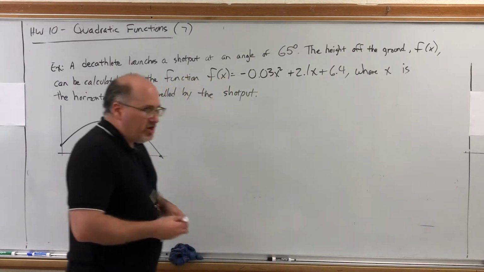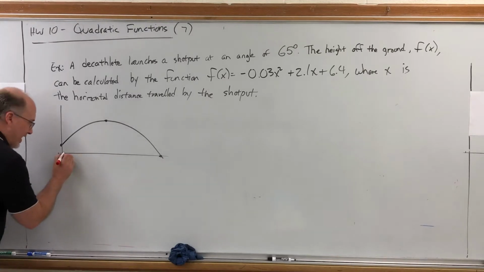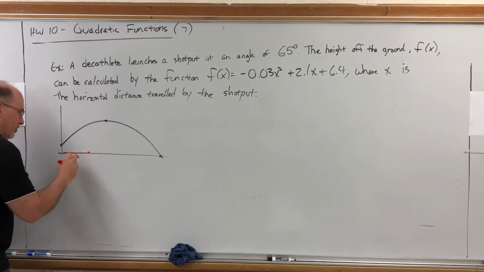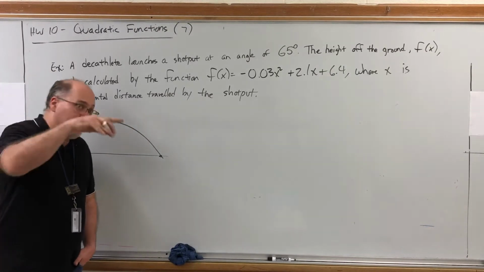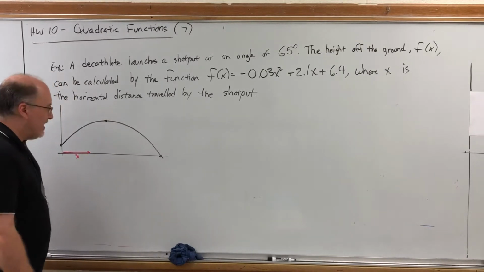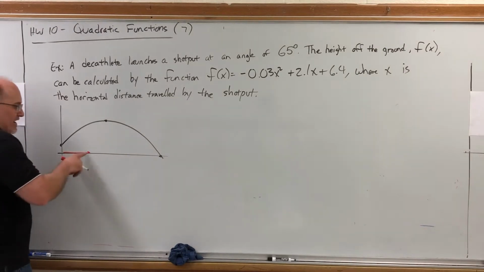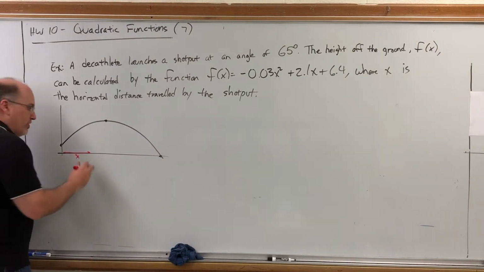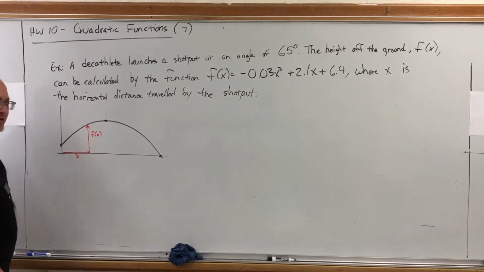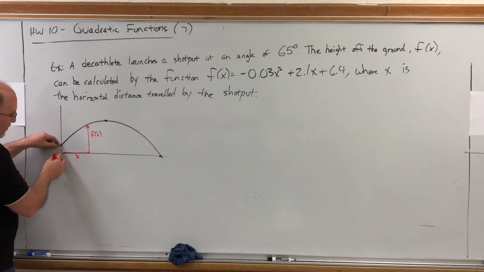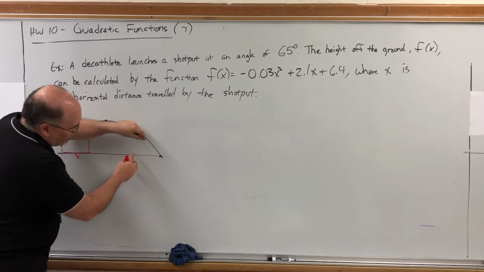Now I haven't asked a question yet, but I want to make sure you understand what the x and the function are measuring. The x is measuring how far the shot put has traveled. By the way, this upside down parabola is the path of the shot put. When objects fly through the air, they always follow a parabola. It has to do with physics and gravity. But I digress. The x is measuring how far the shot put has traveled in the horizontal direction, and f of x is measuring how far in the air the shot put is at that moment in time. So as the shot put travels horizontally, its vertical distance increases and then starts decreasing thanks to gravity